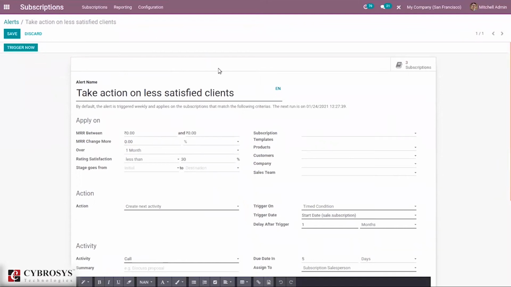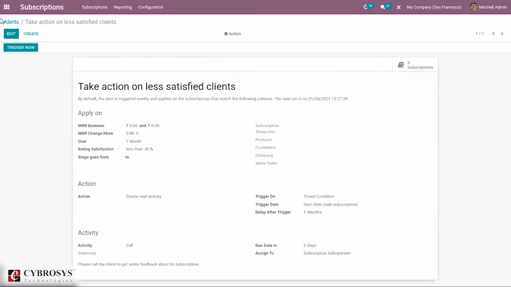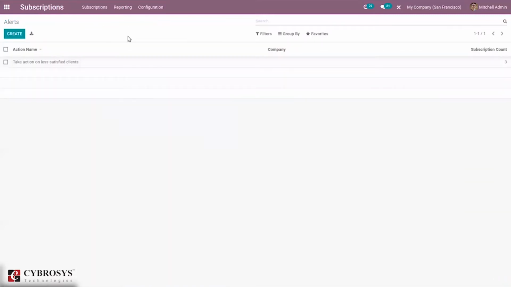We can remind the customer. Okay, and it is also possible to trigger this alert manually by just clicking trigger now. It's also possible to see the matching subscriptions of this alert, the conditions that you set in the alert. So that's how we set alerts.